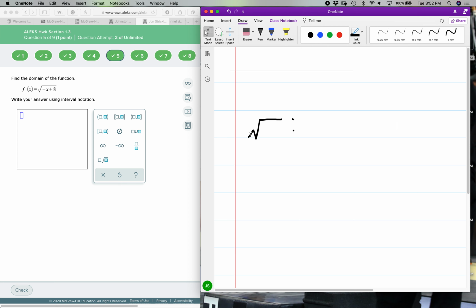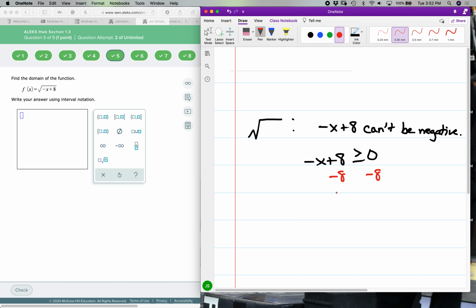For the next item, we have another radical function. We have f of x is equal to the square root of negative x plus 8. Since we have a square root, negative x plus 8 cannot result as a negative quantity. So if I set this up as an inequality, negative x plus 8 can be equal to 0 and it can be positive. And if I look at isolating,